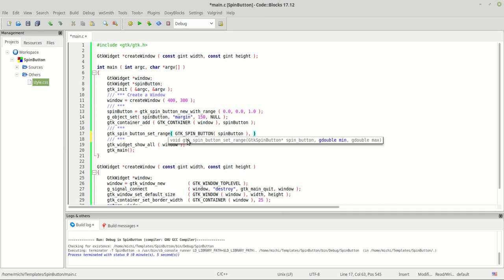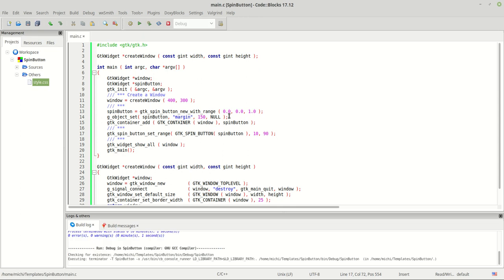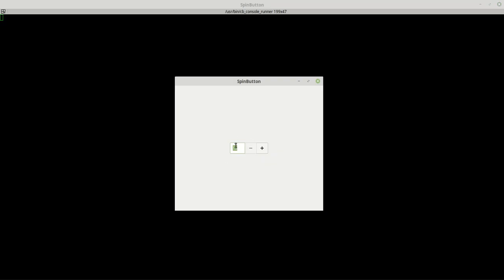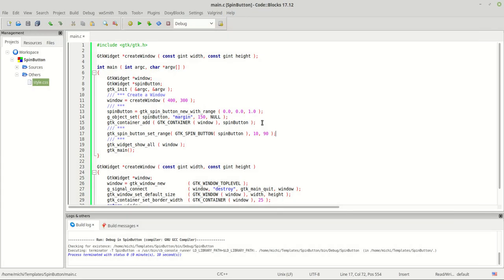Okay, and the next two will be the minimum, which will be 10, and the maximum will be 90. Now let's compile it and run it and see what happens. As you can see, it is set to 10 and I go now up and it's set to 90. So basically this is what this function does: restrict our spin button to not go below 10 or over